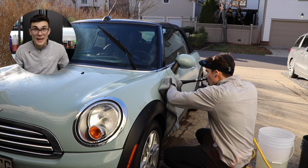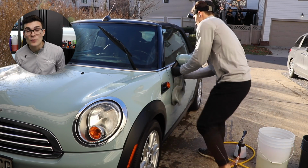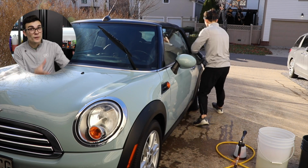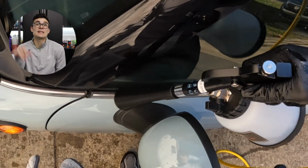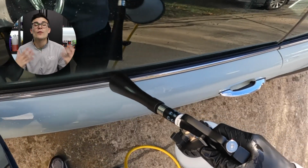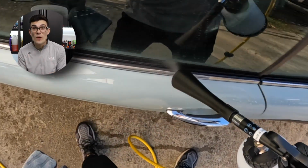It becomes the perfect tool to get into these tight areas because my sponge isn't going to fit perfectly in there and I don't want to utilize a bunch of different microfiber towels. So this is once again a great way to introduce free-flowing water without necessarily introducing free-flowing water. Not to mention that the vortex nature of the way the Tornador blows out the water in the air makes it a really effective rinsing tool because it'll drag a bunch of that dirt with it, blasting it out of